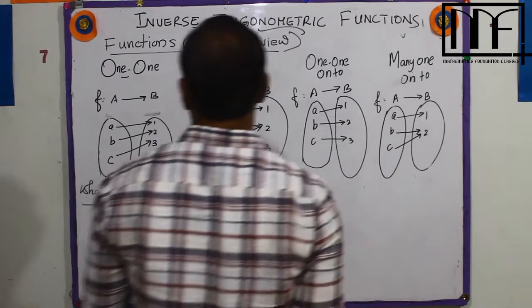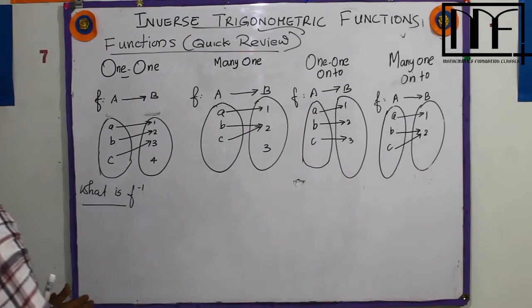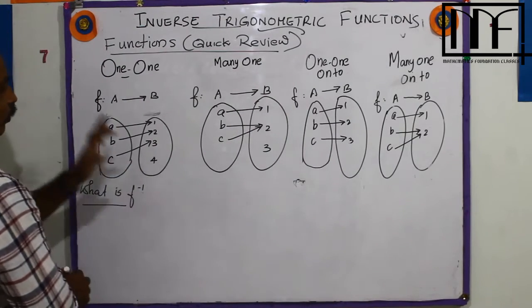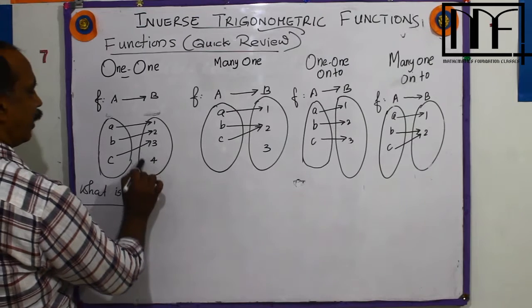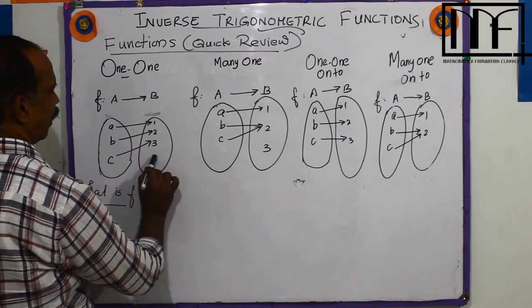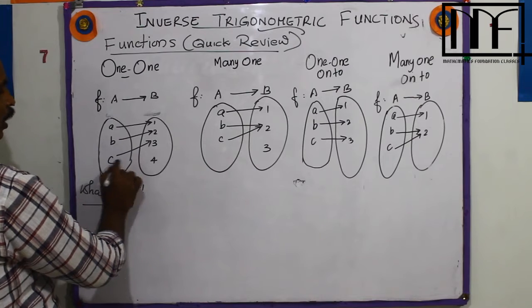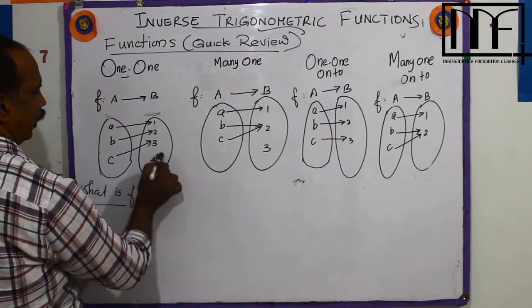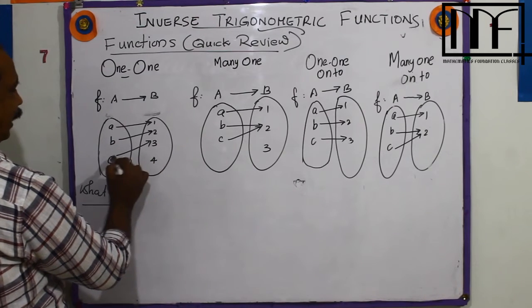So look at the four examples now. One-one function, but it is not onto. Why is it not onto? Because the element 4 is not used here. The 4 doesn't have a pre-image in the domain, and 4 is not